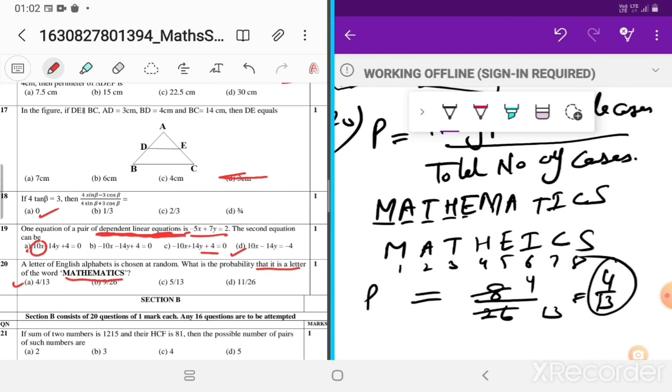Today in this video we covered the 11th to 20th questions, and in the previous video we did 1 to 10. That link I also mentioned in the description box. You can do all 20 questions together. From the next video, we'll do section B, that is from 21 to 40, right? And 16 you have to cover from this, and we'll cover them 10 by 10 in our videos.